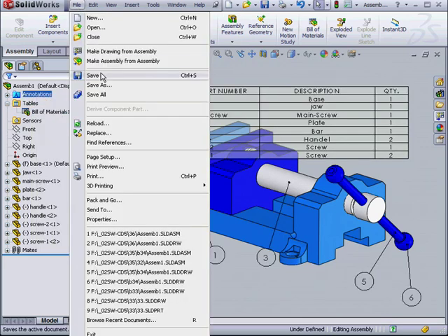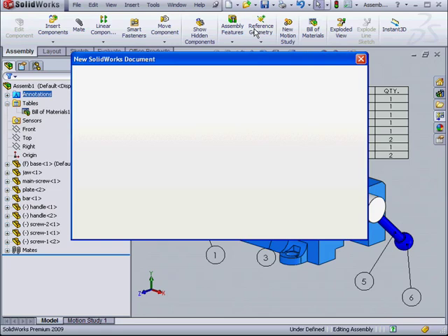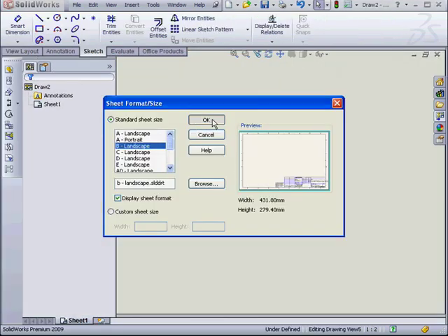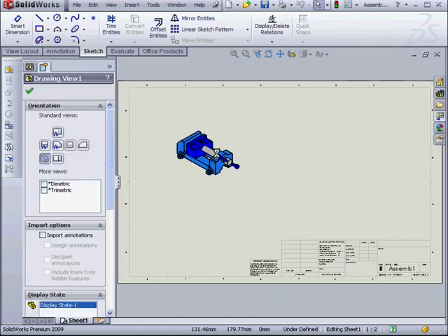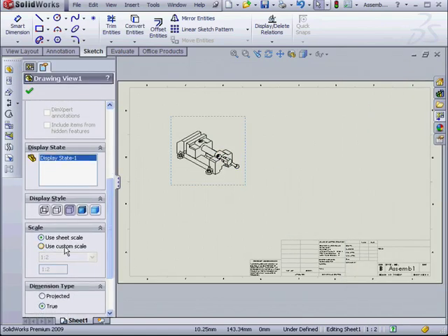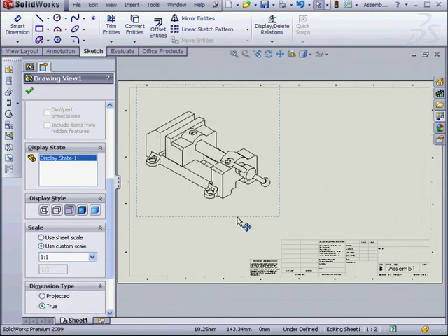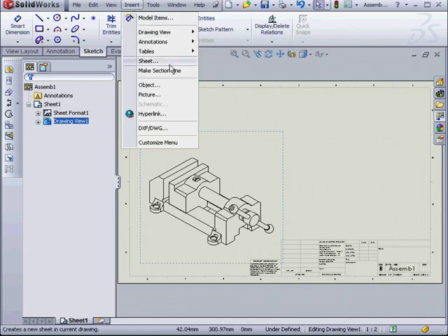Now let's save our assembly. And let's create a drawing document. OK. B Landscape, OK. Let's drag in an isometric view. Let's use a custom scale of 1:1. Now let's go to Insert, Tables,